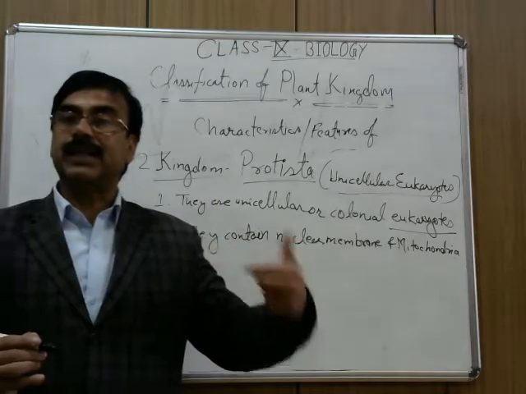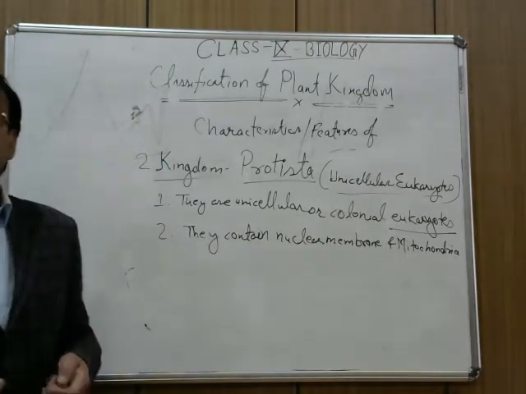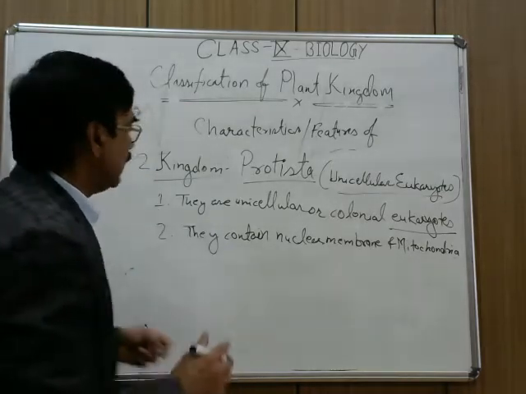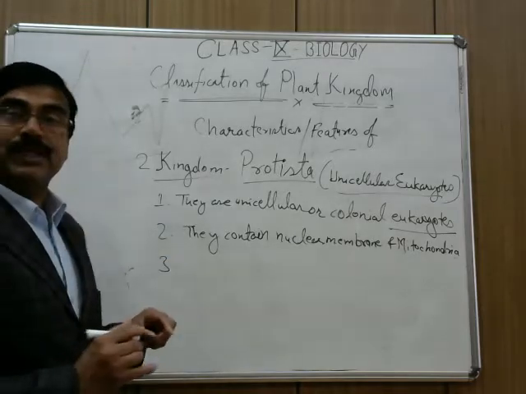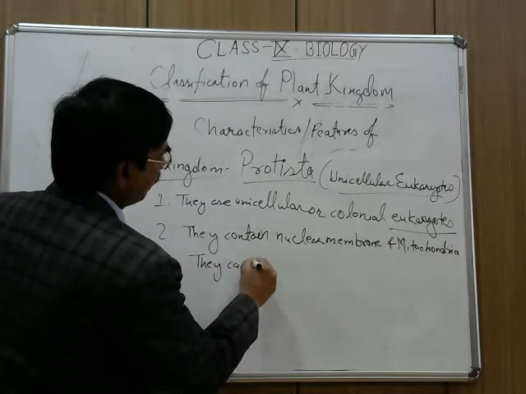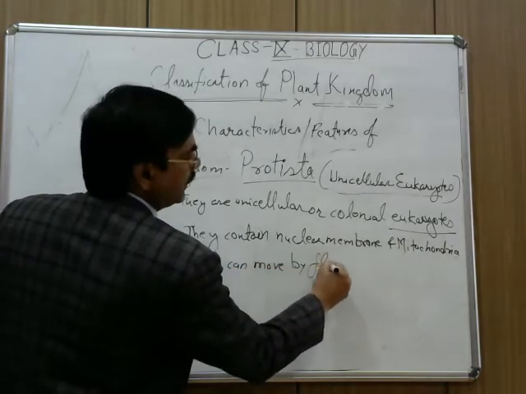So they are advanced and obviously that is why the serial number is 2. Number 3, they can move by flagella, pseudopodia and cilia. So the locomotive organ is present. Okay, they can move by flagella,